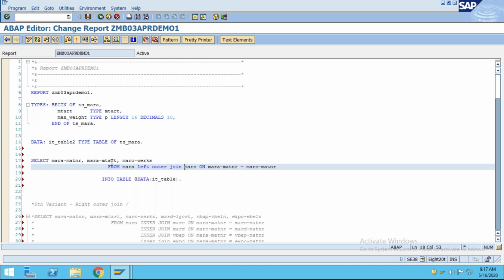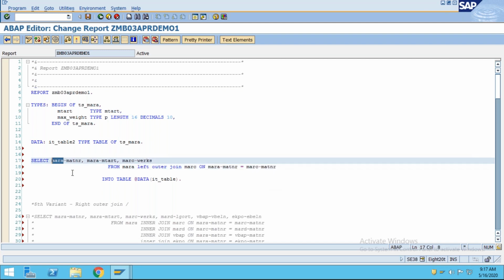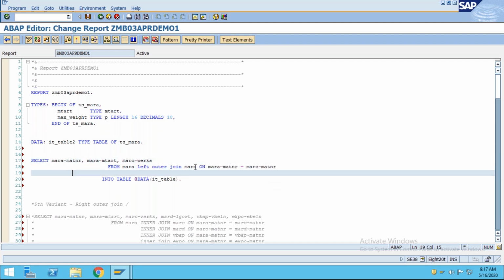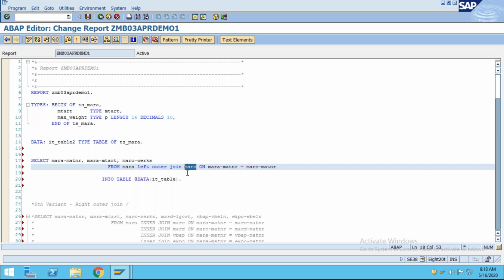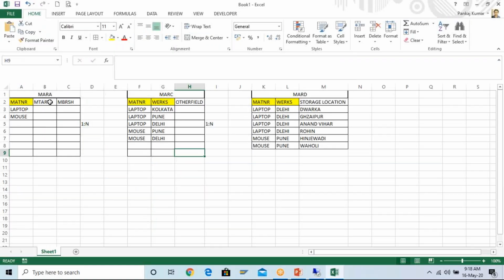So what it will do, it will get all the data from the MARA table, and from MARC it will get only the data which is going to match. That means suppose we put the join on MARA and MARC, left outer join, it will get all the data.